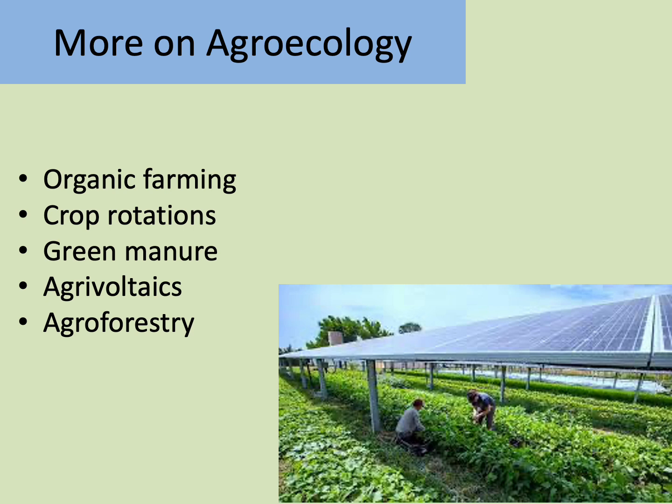Agrovoltaics, actually the book doesn't mention this, but I want to throw this in there. It's a relatively new field, so that's the combining of producing solar energy on the same land where you are harvesting crops. So you can see if you put the solar panels up, about 10 feet high or so, you can do a lot of harvesting under those solar panels. So there's a lot of research going on about this, and there are certain crops that do really well with the additional shade from the solar panels.